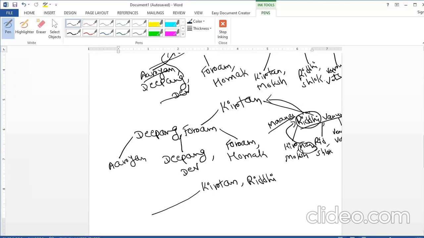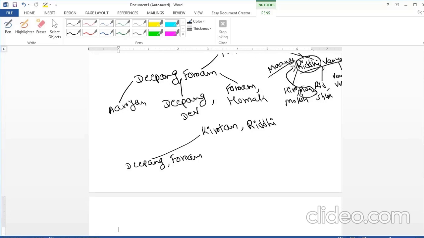Okay, so now on the root we are going to have two values, Kirtan and Riddhi. In the left pointer of Kirtan, the values are Dipang and Forum. Then this will remain as it is, so I am just writing the initials, Aryan, Dipang and Dev, here Forum and Homak.